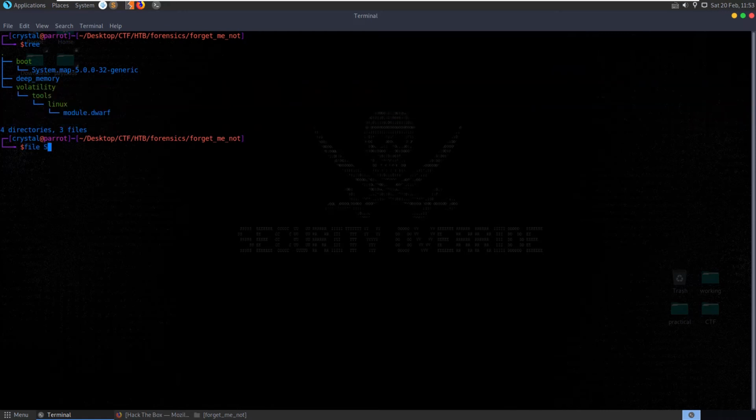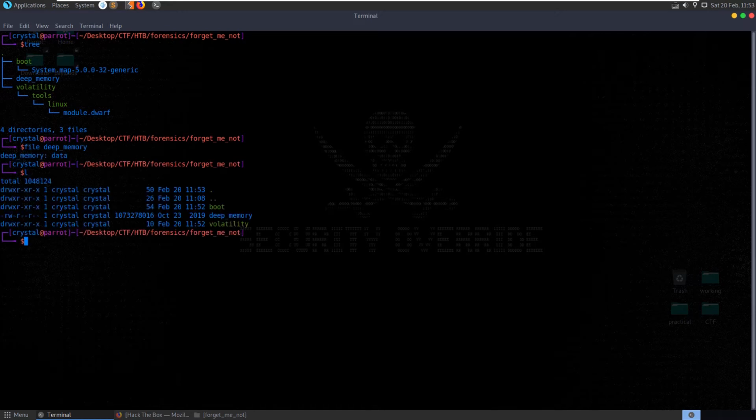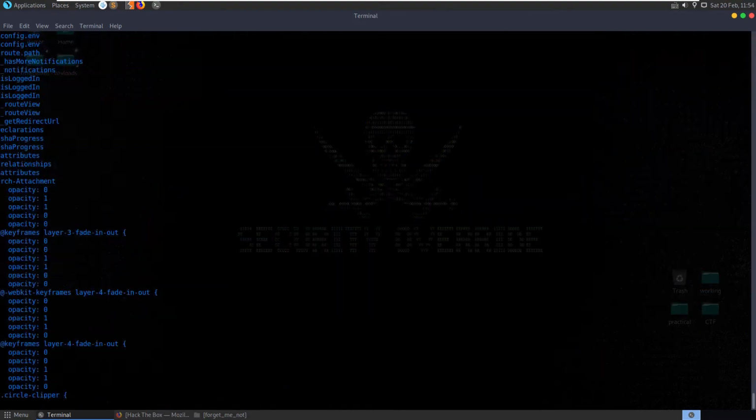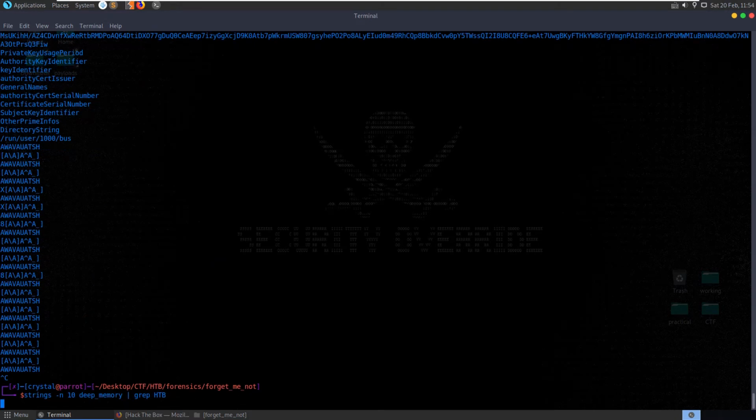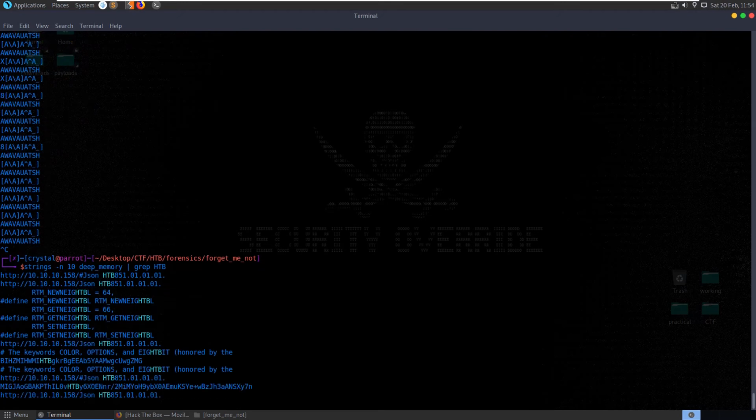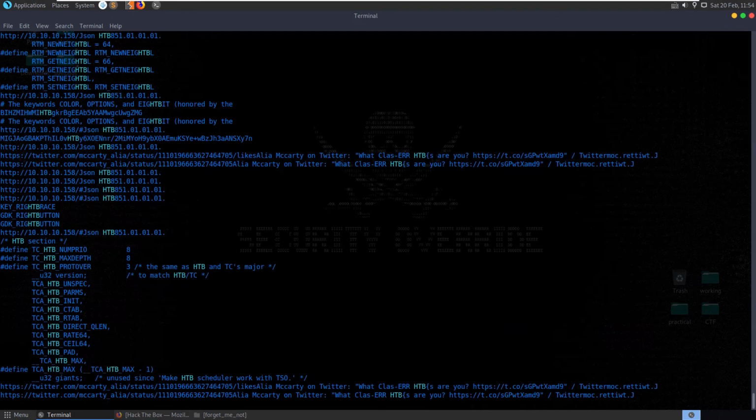So let's check the file type of deep memory. It just says it's data, a large file. Let's check for the strings. We'll do strings -n 10 deep memory. Alright, you can see we're flowing right through the memory dump there. It's going to be too much for us to really do much. We could try to grep out HackTheBox, HTB. You can see some IP addresses here,